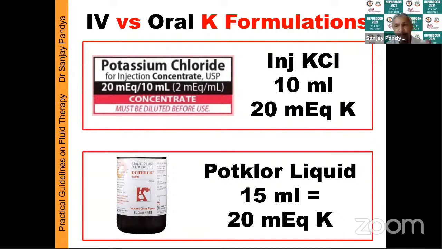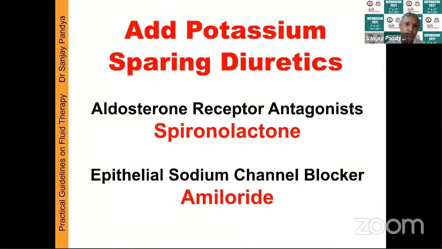So my friends, when you are treating a patient with hypokalemia, we need to keep this in mind. Now, a patient who has congestive heart failure and is receiving diuretics, and we are not able to remove the diuretics because the patient needs them for the cardiac problem, then how do we manage? We follow all the measures we have conveyed, but subsequently we add potassium-sparing diuretics like spironolactone or amiloride to see that the patient does not end up with hypokalemia. So this is how we manage hypokalemia in day-to-day patients.